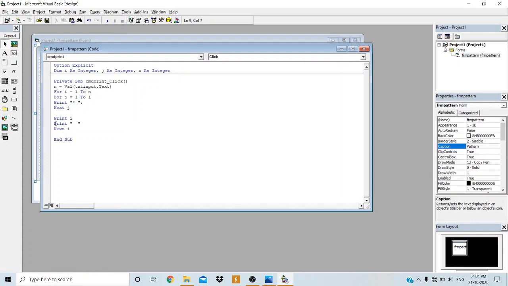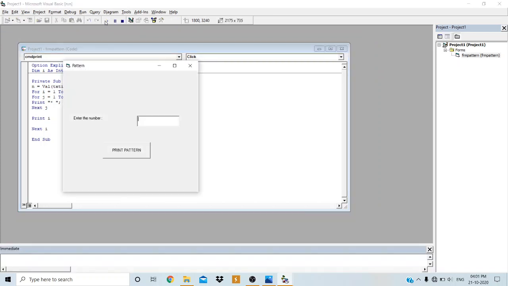Now if I erase this one, just observe here, if I just remove this code, what happens? Run the application.